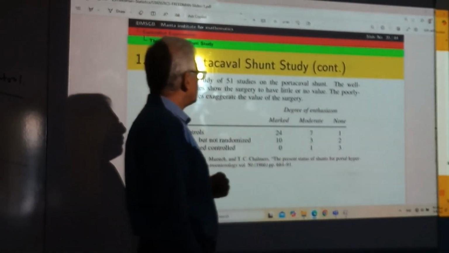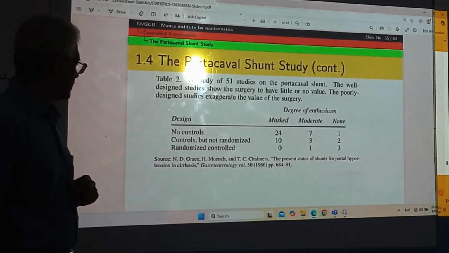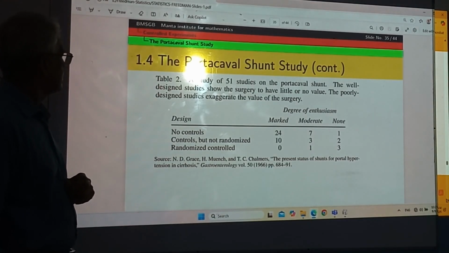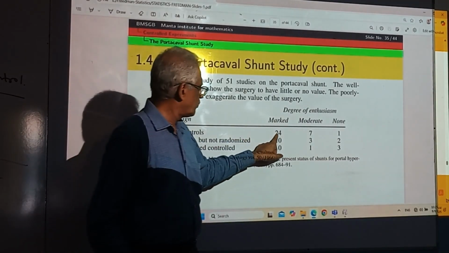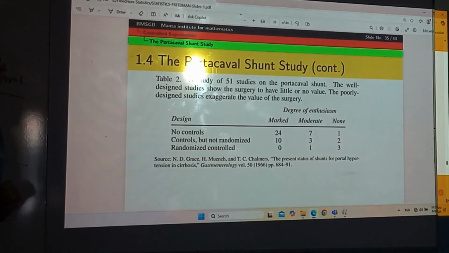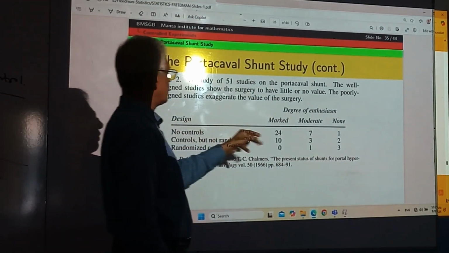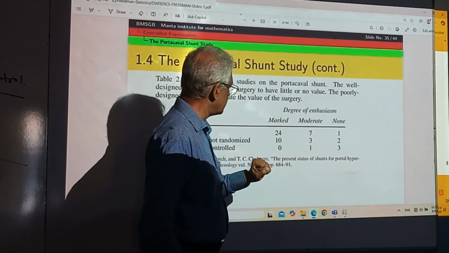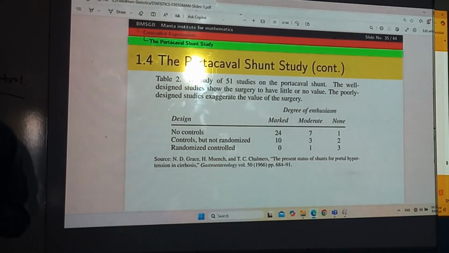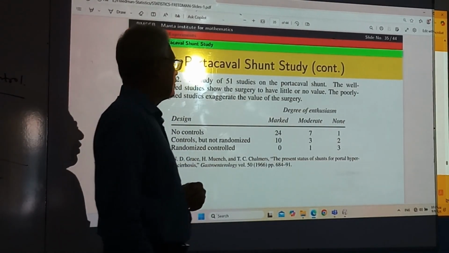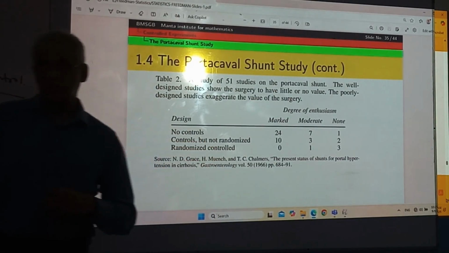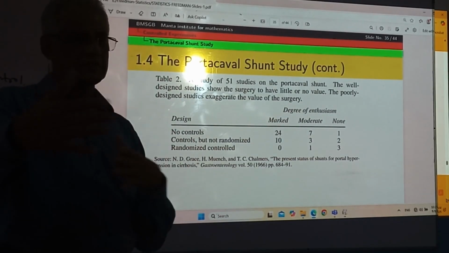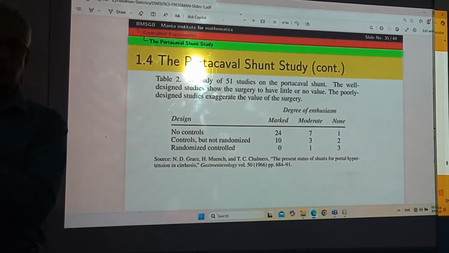These are the actual numbers, not the proportions. So out of 33 no control experiments for surgeries, 25 had marked improvement and 7 had moderate improvement and only 1 had no improvement. And then there was some experiment with controls, that means they compared with some patients who didn't do the